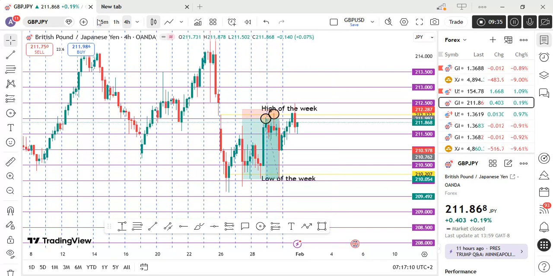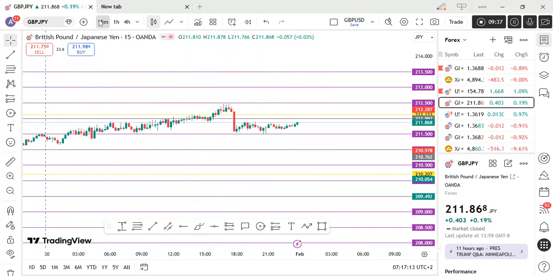For me, this is clearly how I trade. This is how I analyze. I first mark out my levels. Then I wait for price to react off those levels. And once price reveals what it intends to do based on price action, I then execute my trade without fear, without panic, and that is how I literally trade.